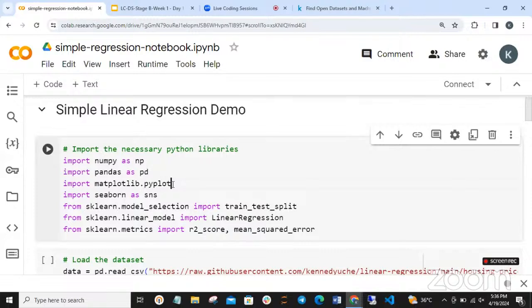If you add as and then put whatever you want here, it will still work, so that you understand what this is all about. Okay, so Seaborn and